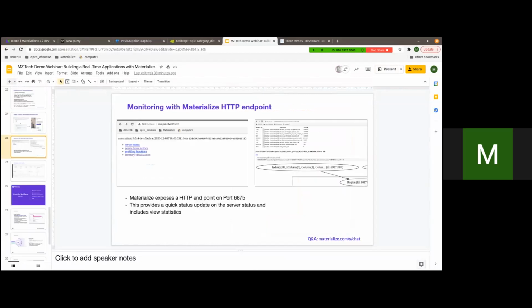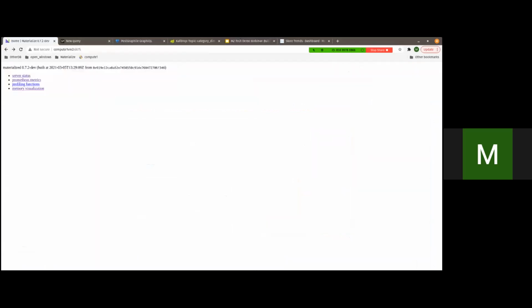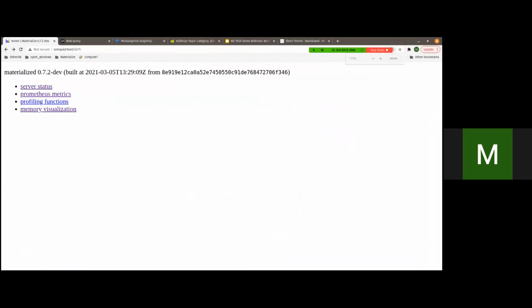Let's look at the last part, that is monitoring Materialize. Materialize exposes some data through port 6875. You can then access this using a browser, as you can see here. Let me make this bigger for you. Okay, as you can see here,